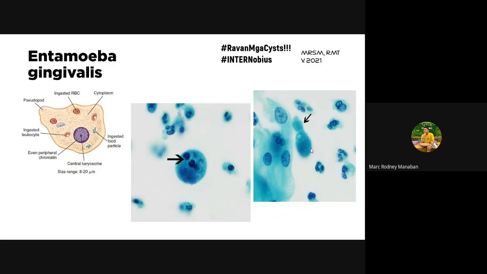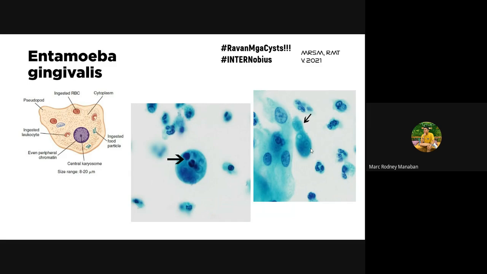Because again, pulmonary, so in the sputum of the patient, there could be, again, E. histolytica or E. gingivalis. So how do we differentiate is again through ingestion, through the cytoplasmic inclusion. So we look for WBCs or RBCs. If WBCs, that's Entamoeba gingivalis. If RBCs, that's Entamoeba histolytica. Okay, so quite difficult to look into, but it's important that we stain smears,